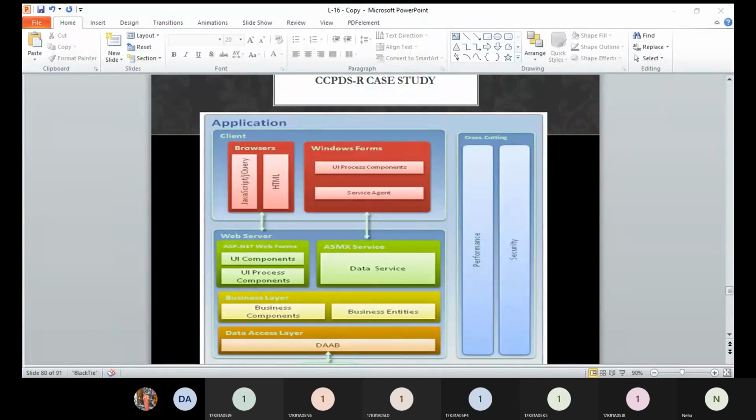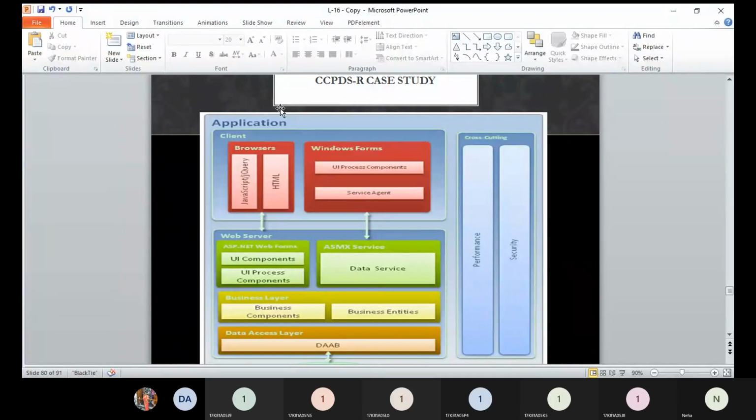Okay then. So next one is CCPDSR case study. So about this case study, before starting it, because we have already covered it and this is your revision part, you should have some idea about it, a little bit at least, from when we have discussed it. In between, if you are having any doubts, please let me know. Any concerns related to previous unit questions also, topics also, please let me know that.